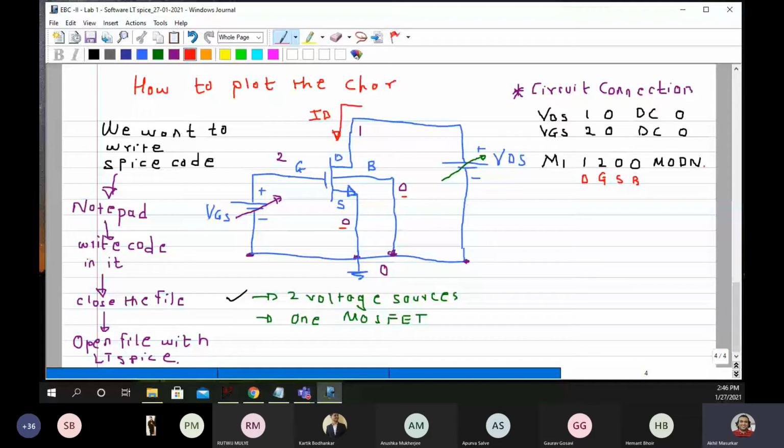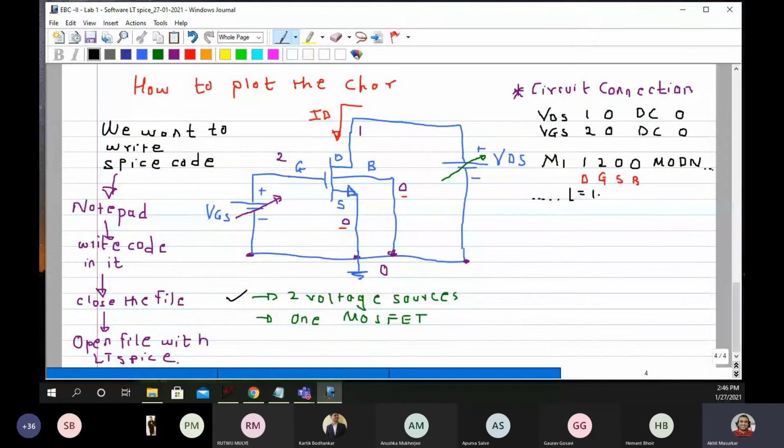Now in continuation with this, I am just writing it here. In continuation, in front of mod n only, you will have to write what is the length of the device.